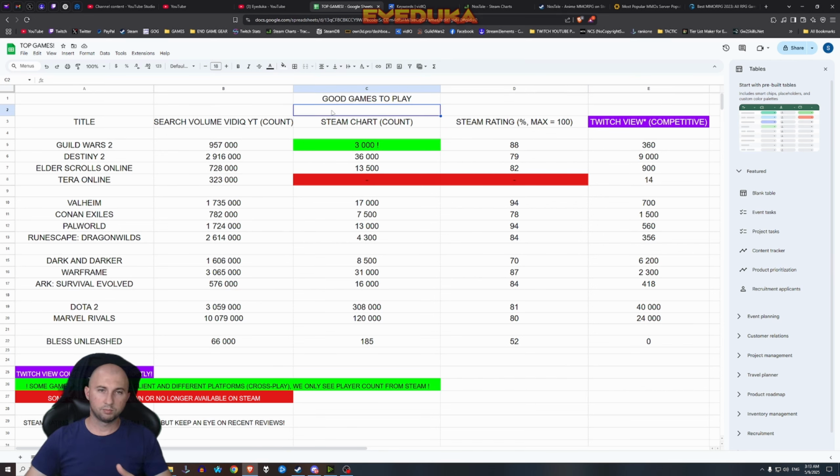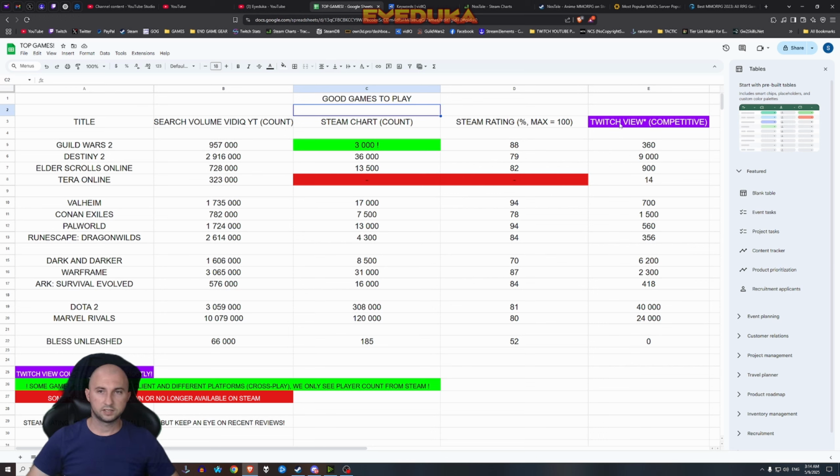And sometimes you might be spending money to play the game because you got to buy it, or sometimes the game could be completely free, but then you're spending your time. So either way, I wanted to double down on this subject, and today I'm going to show you another system that I've been using. It is a little bit different. I actually made this research for a different purpose, but I thought that it might be used for that as well. I made this spreadsheet just for the purpose of the video. So let's get into it.